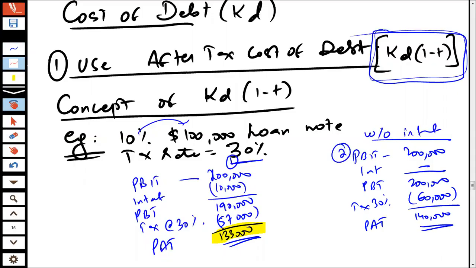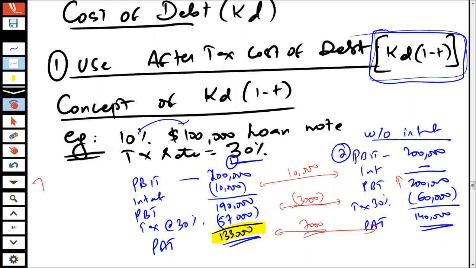Now let's try to understand this. What has actually happened is that you had a profit after tax of 133,000 and now you have a profit after tax of 140,000. That means you have saved 7,000. But if you look, you saved an interest of 10,000. The problem is that because of saving the interest, your profits shot up. It was 190,000, it's now 200,000. Due to this, there is a 3,000 rupee extra tax that you have paid. So 7,000 is what you have saved. If you don't pay interest, you end up paying more tax.